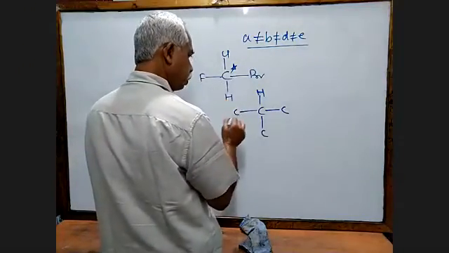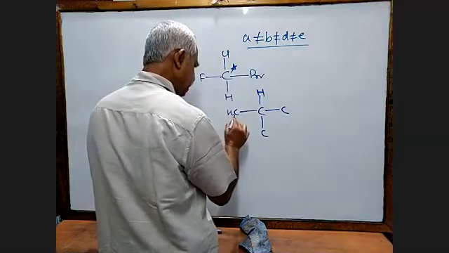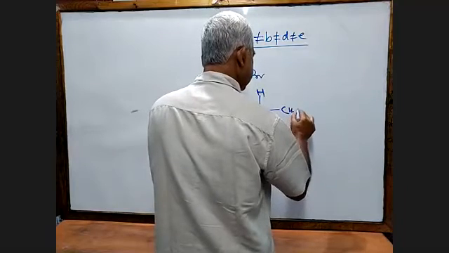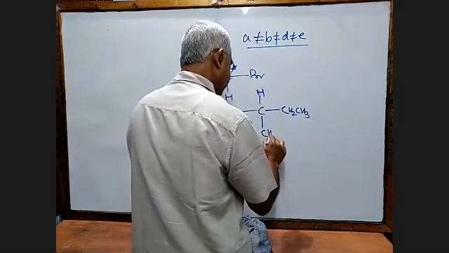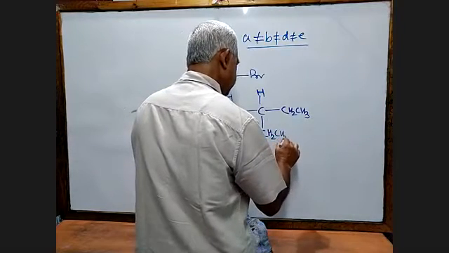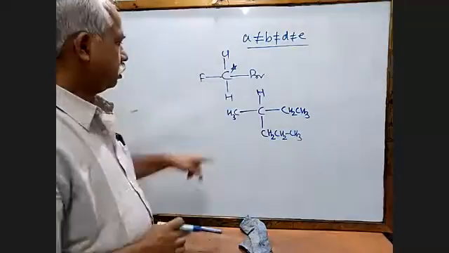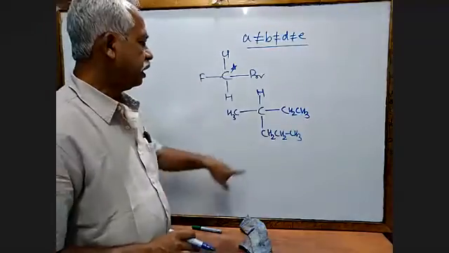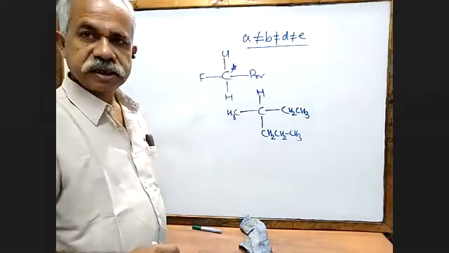All right. Now, what should I write now here? Look, should I try to understand? I write here C. Then I can write here CH2, CH3. Then I can write here CH2, CH2, CH2. See now, this is hydrogen atom, this is methyl, this is ethyl, and this is propyl. Okay, so this is one molecule I can write.